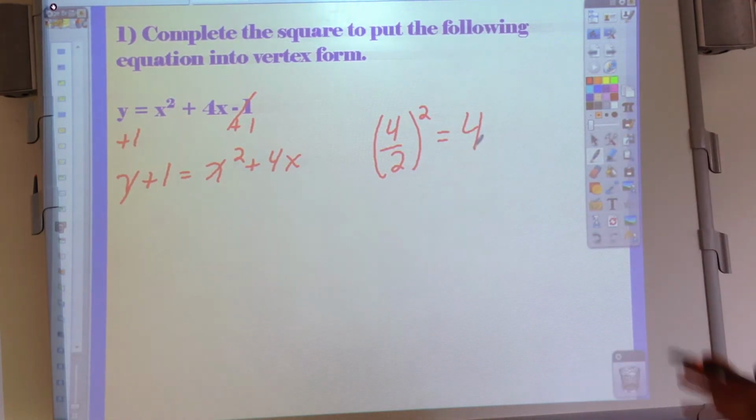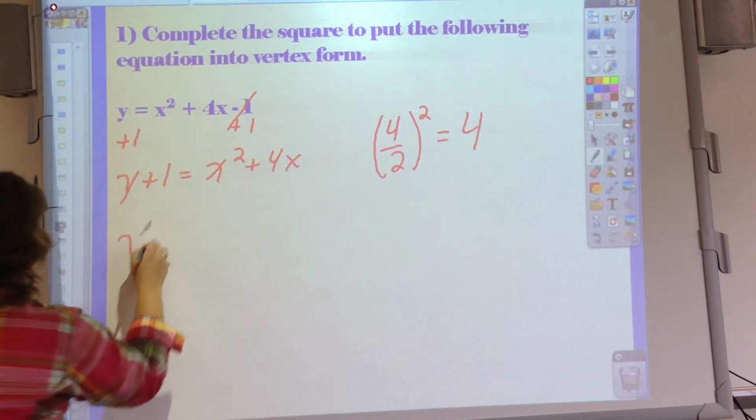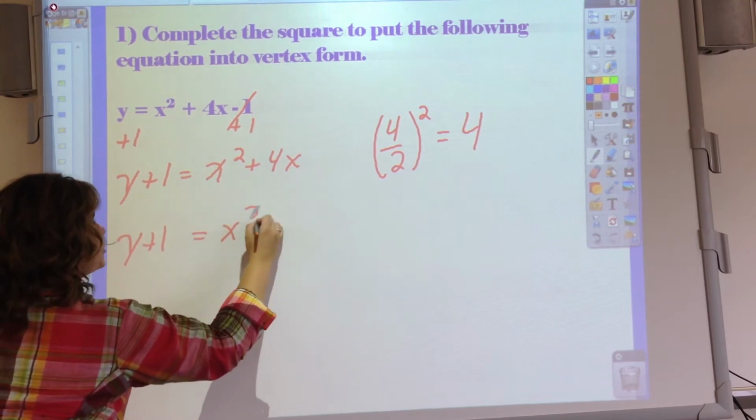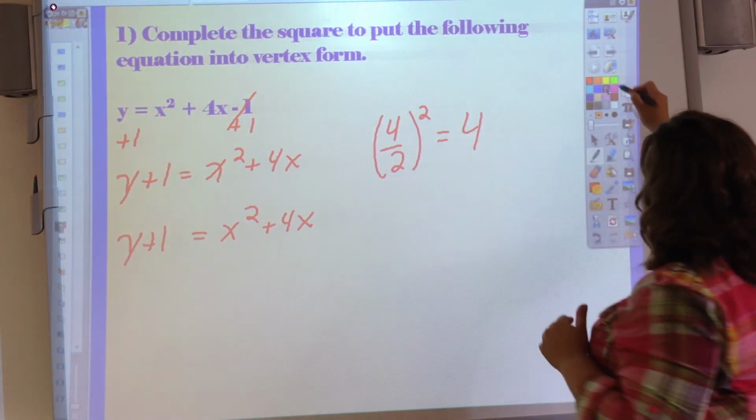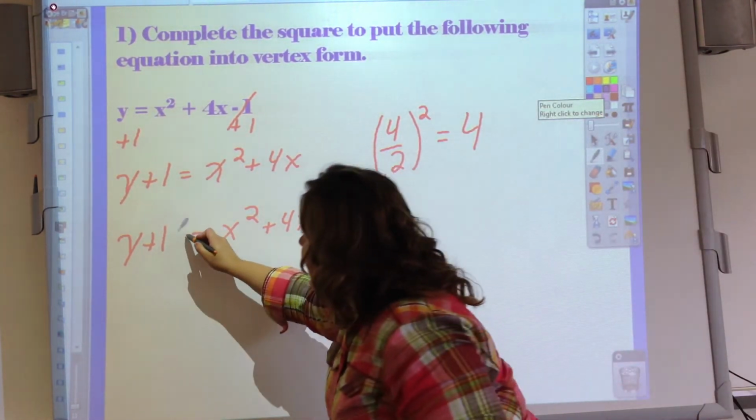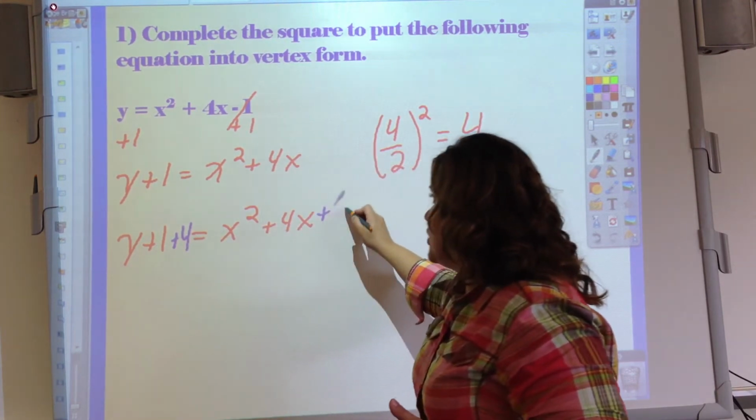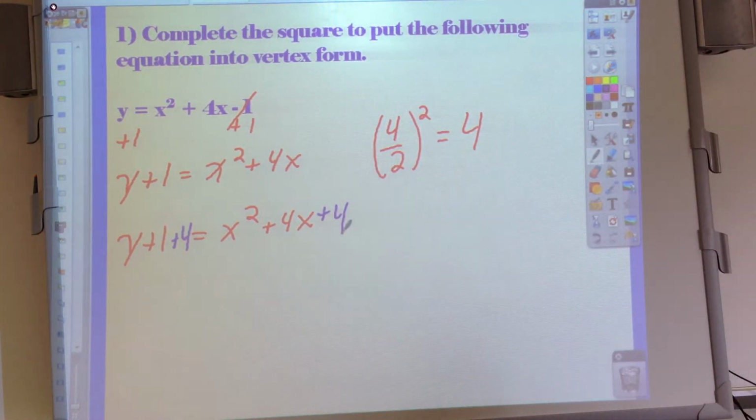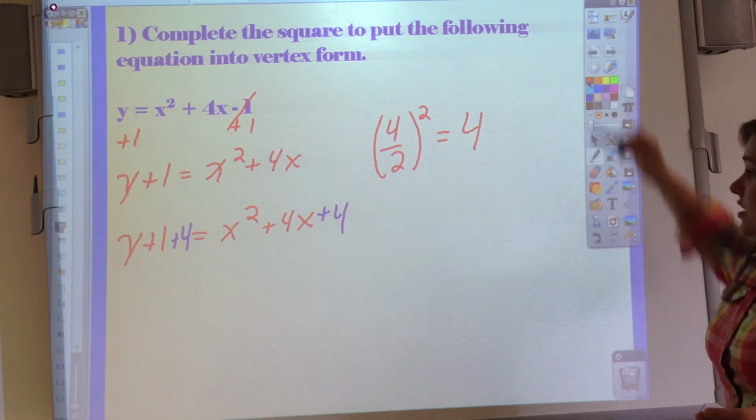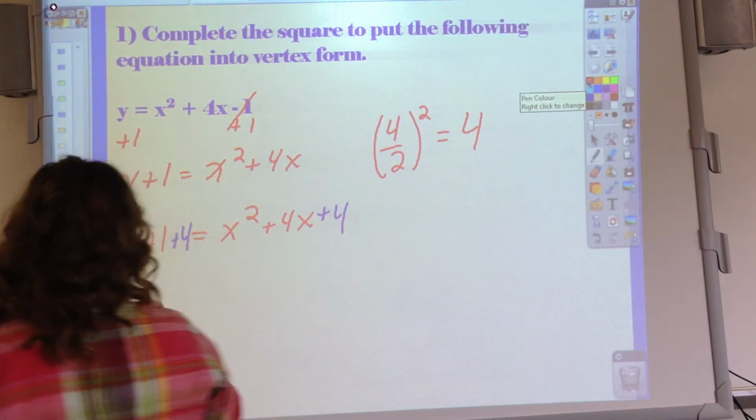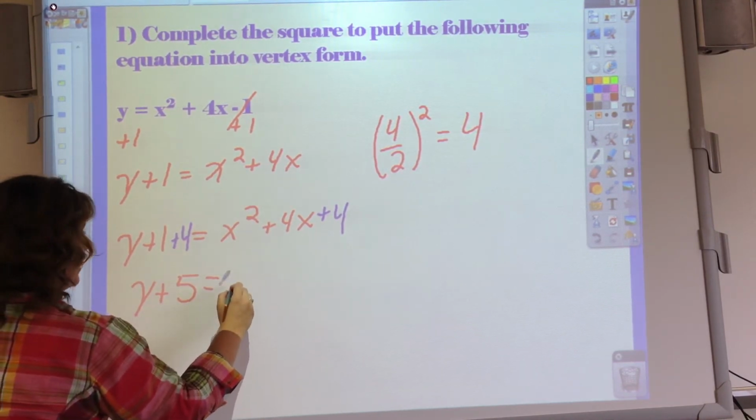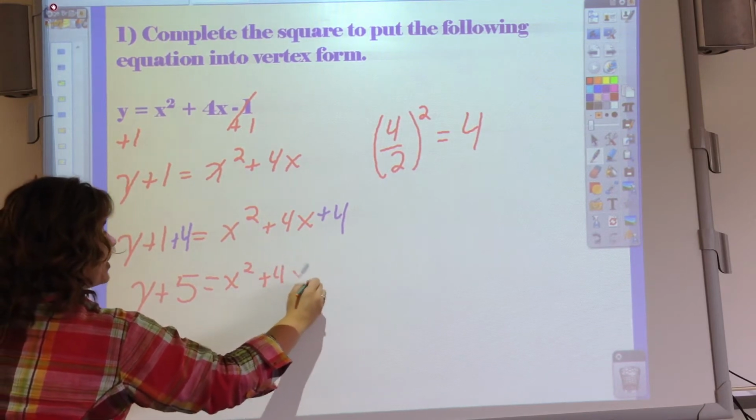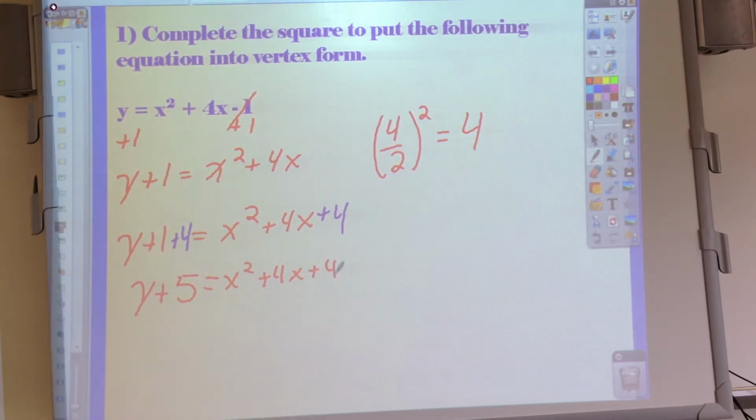So now that is the value we are going to add to both sides of our equation. Right now it's just y plus 1 equals x squared plus 4x. And so once we found this b divided by 2 squared value, we are going to add it to both sides of the equation. Remember that that's just going to balance it, not change it. So over on the left-hand side, I get y plus 5. And over here on the right-hand side, I have x squared plus 4x plus 4,